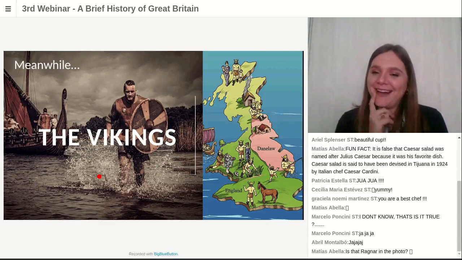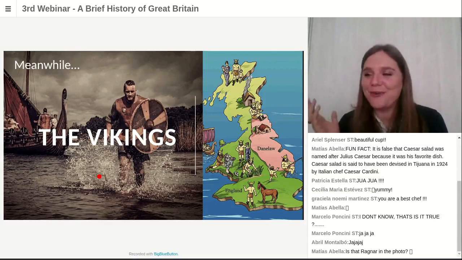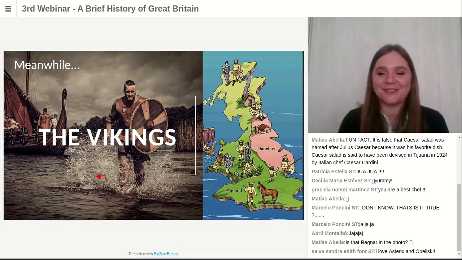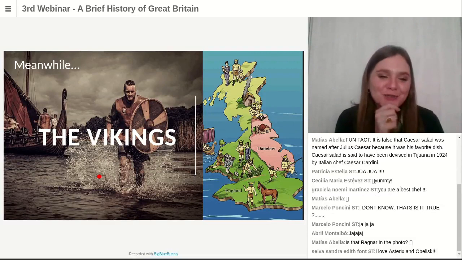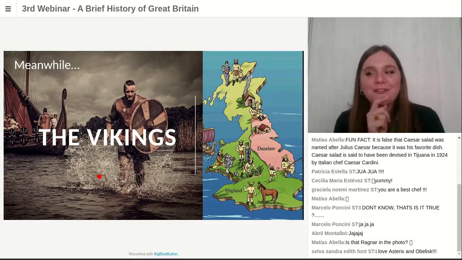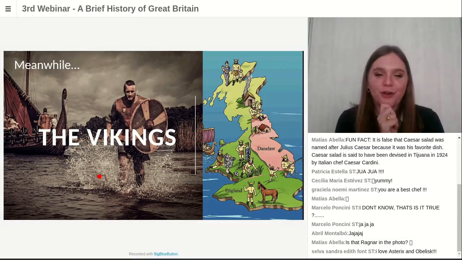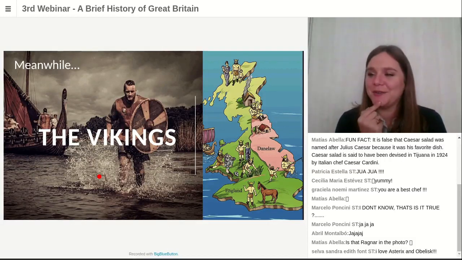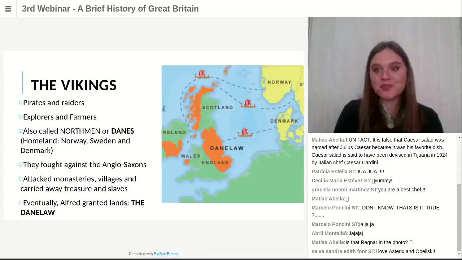Yes, I think it is Ragnar in the photograph. Who else are we going to choose if not the great Ragnar Lothbrok? Yeah, well, that is true that Asterix and Obelix were famous Vikings from the 90s. I don't know. I remember them from the 90s because there was a cartoon when I was a child. But yeah, Asterix and Obelix are also famous Vikings. Okay, so